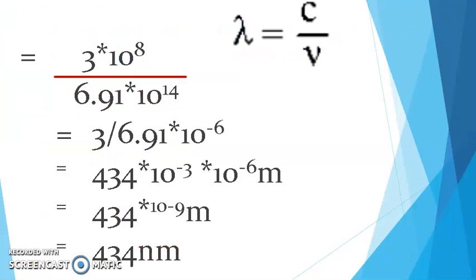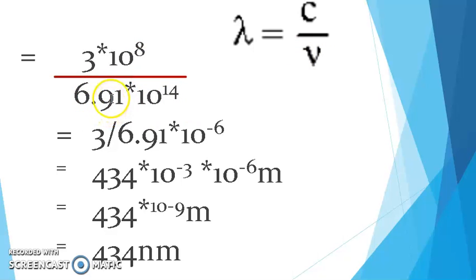So to find out the wavelength, we know the equation: lambda is equal to C divided by nu. That nu value we have found out, and this C, what is that? This is the velocity of the light, right? So we have to find out the wavelength. For that we should apply the constant value of the velocity of light, 3 into 10 power 8, divided by that nu value we have found out now.